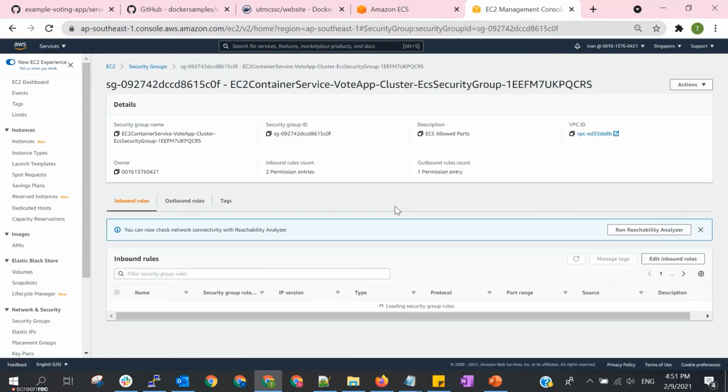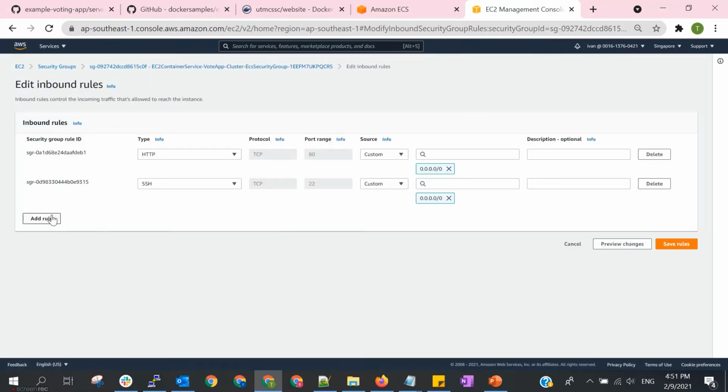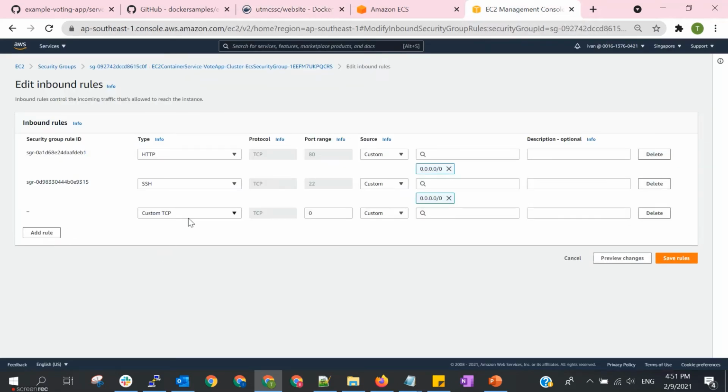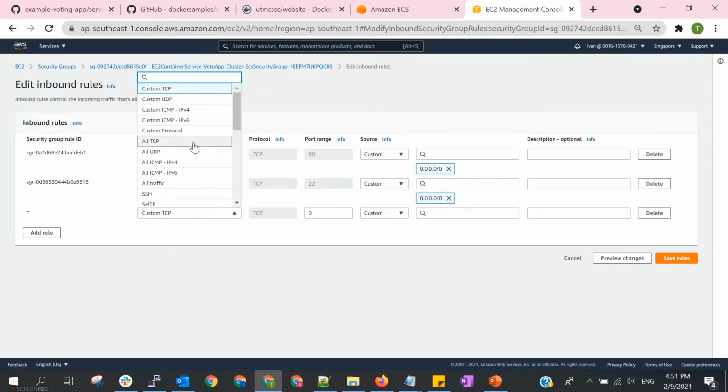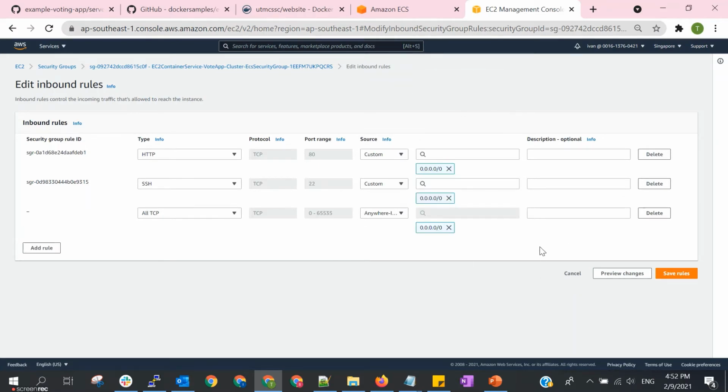So we might need to edit our inbound rule, because later we need to run this port 3000. We can add the rule. I think for now I can just allow all ports from all IPs.